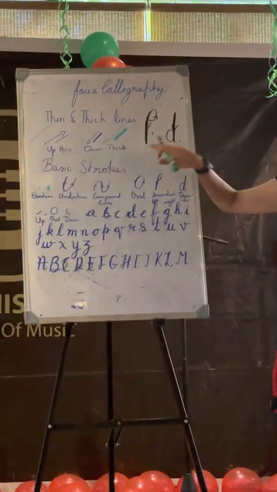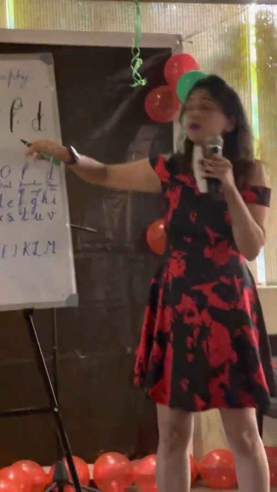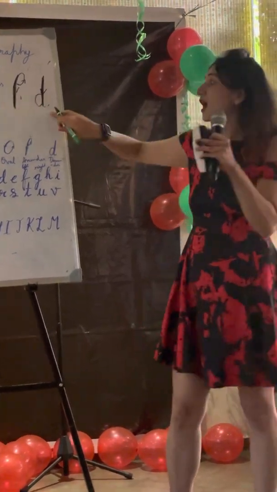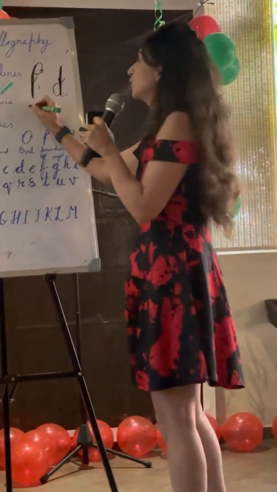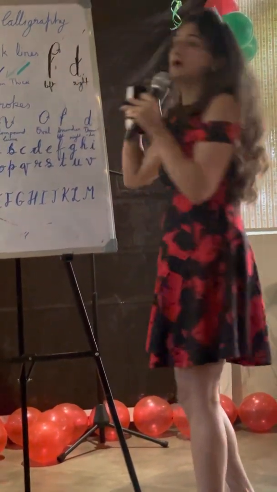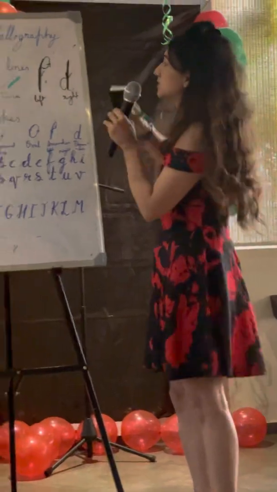There's only one thing that you have to understand in the ascender and descender, okay? Whether you're going to make it thick from the left side or from the right side. This was thickened from the left side, whereas this one was thickened from the right side. Okay, you understood? I'll just do it again for you guys. So maybe you can look at the board.